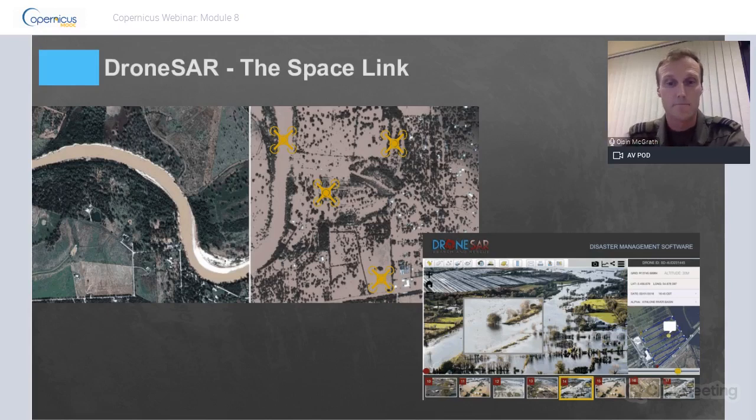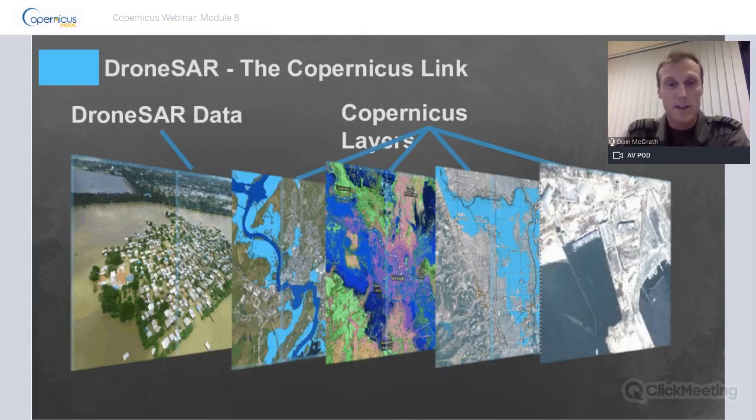So in effect, what we have done is allowed drones to become part of a layered network of satellite imagery. The Copernicus layers and the various Copernicus satellites provide a number of different levels of data, but can be restricted due to cloud cover, for example, poor weather, and obviously the use of satellites sometimes can be complicated.